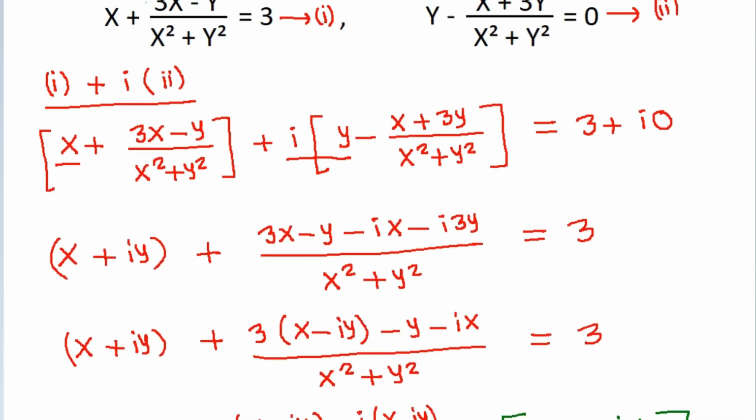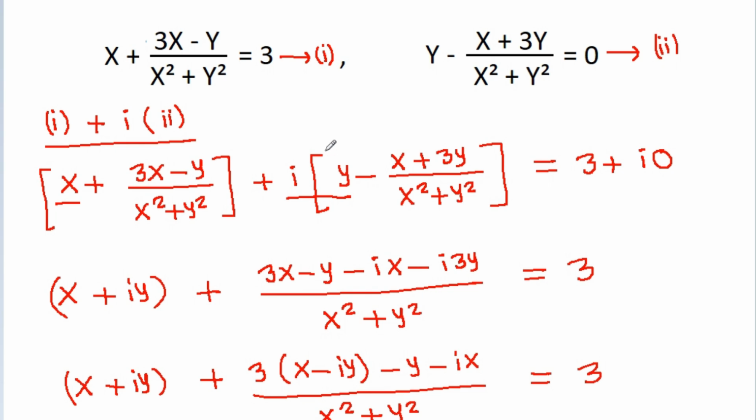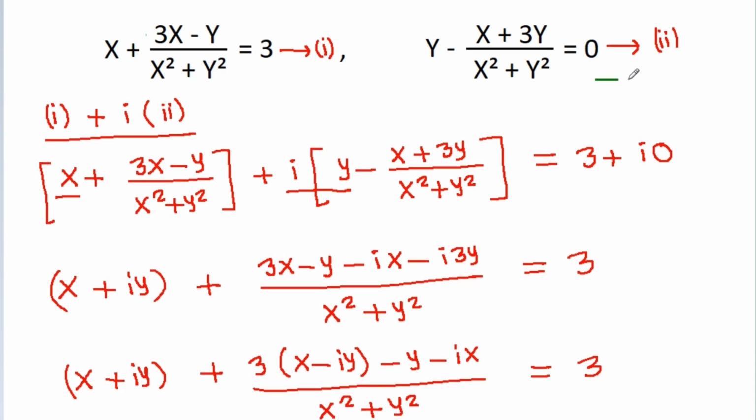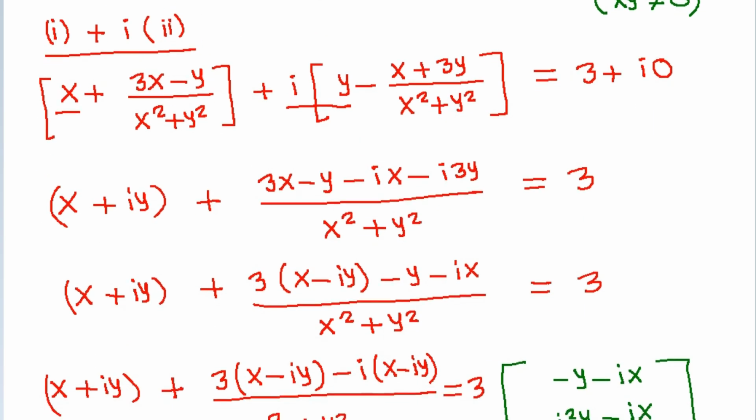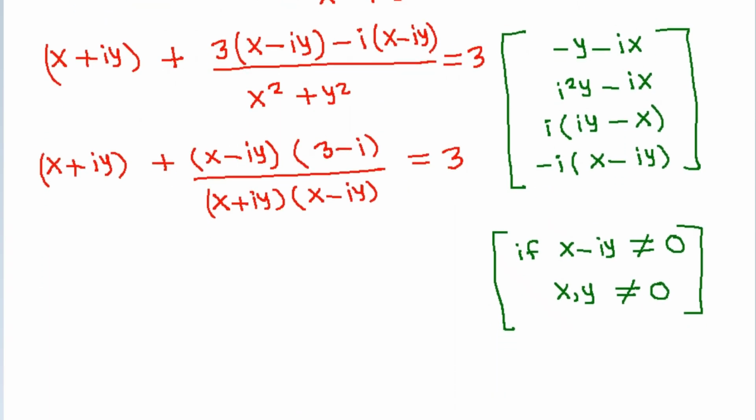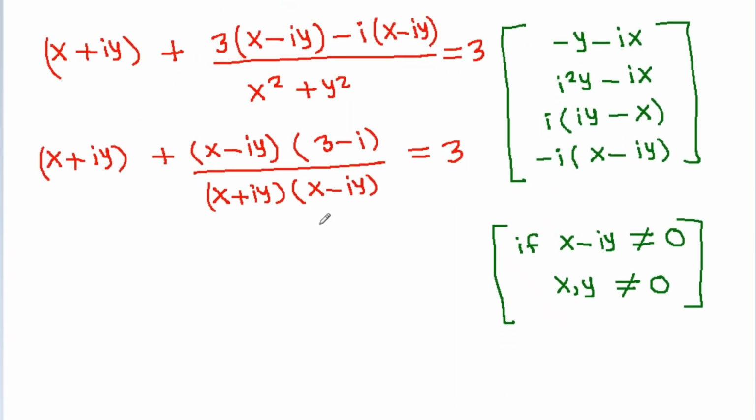And here if x and y both are equal to 0, then the denominator will be 0. That means x and y both cannot be equal to 0. So we can cancel x minus iota y from numerator and denominator,